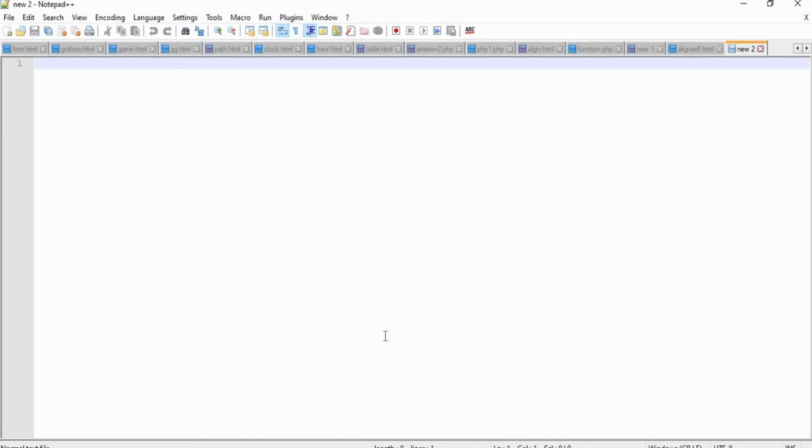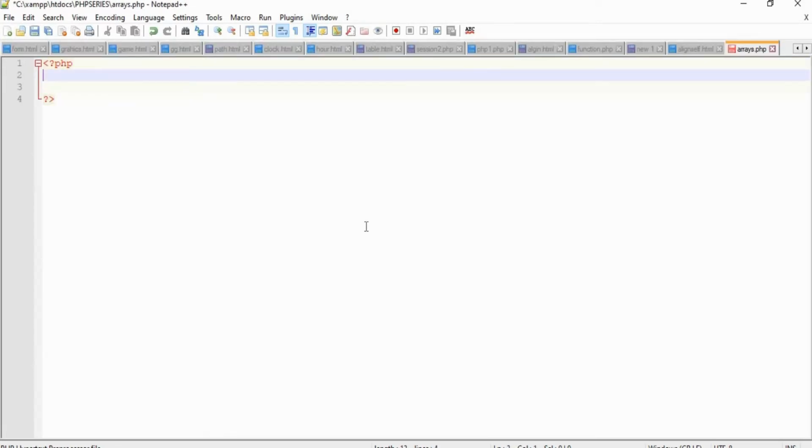So we can create a simple PHP file with the core syntax, and we have started our PHP code. In that, I am going to create an array. The syntax for creating an array is the variable name. The variable should start with the symbol $. So variable name is equal to array of elements. Here we can write any set of elements. It can be integers or strings. In this way I can provide values to an array. So this is the syntax for creating an array.